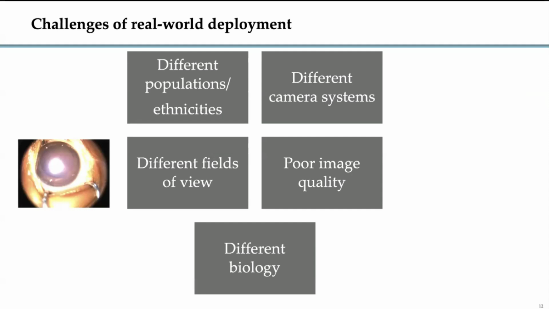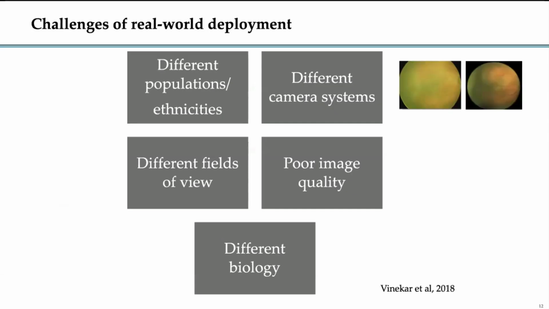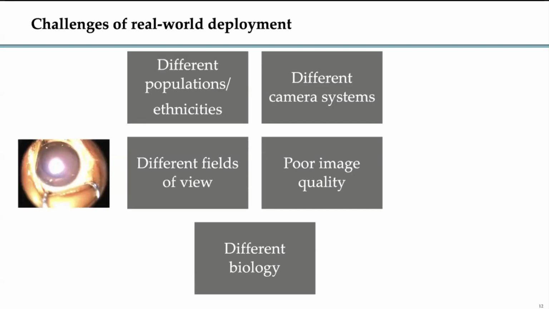Another surprise we had was when we went to deploy our system in a hospital, or to look at data from a hospital in India, we suddenly came across images that were zoomed out views of the eye. In some ways, they didn't look that dissimilar to the network from the fundus photographs, but obviously they are completely different, and we really shouldn't be feeding these images into the network. So thinking about out of distribution differences and making sure that the images being fed into the network are sufficiently similar to the ones they were trained on is important as we start to think about deployment.